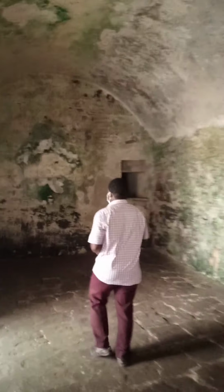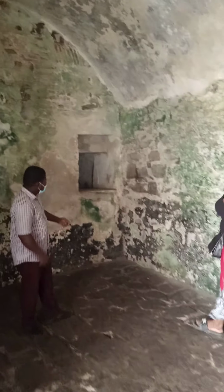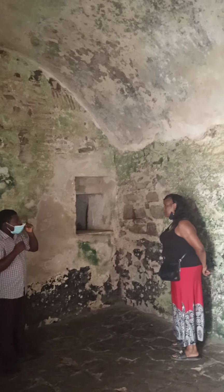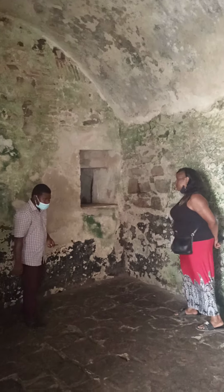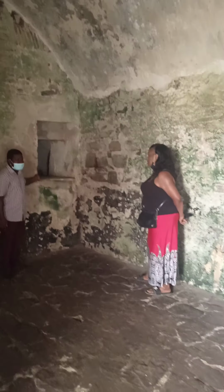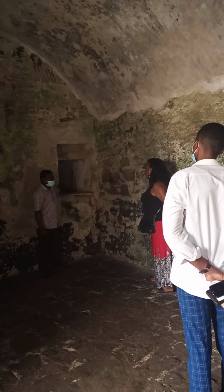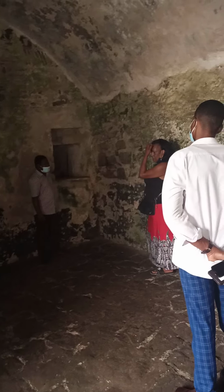But when we look at the health problem, please, this is all we see. This was one of their sources of air. But the problem is this hole was connected to this room. This is a magazine. In this magazine, they put guns and gunpowder. So anytime there was